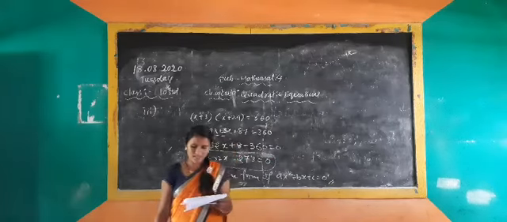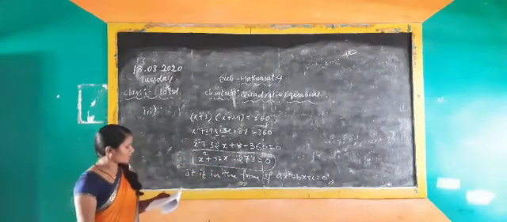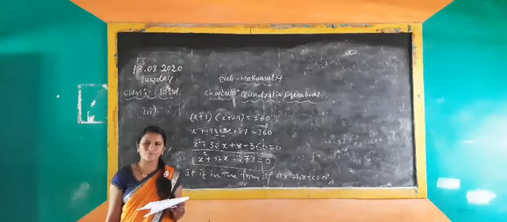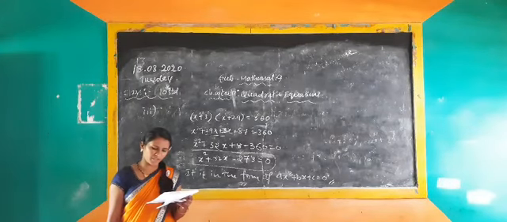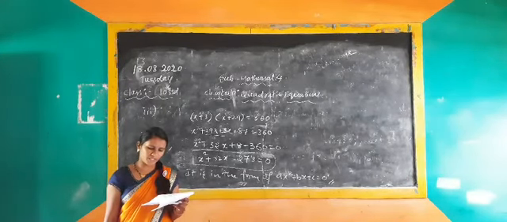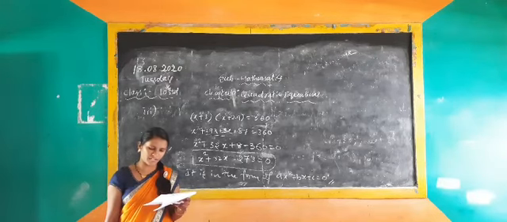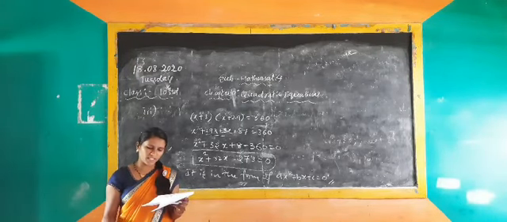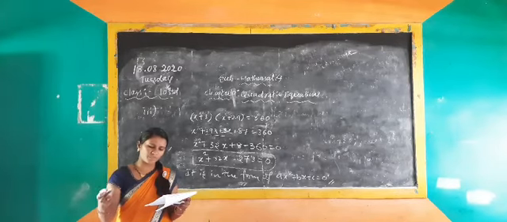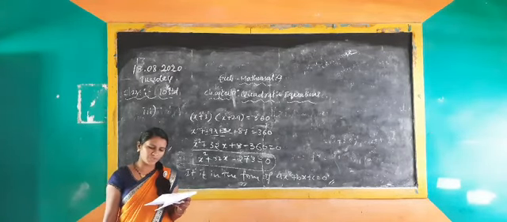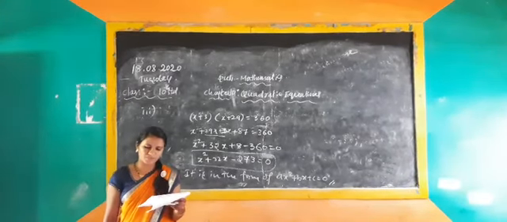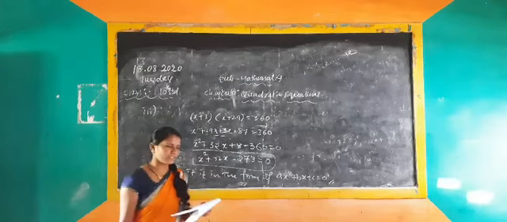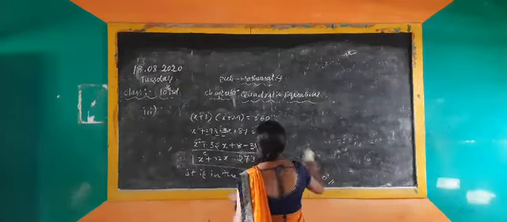A train travels a distance of 480 kilometers. Here they have given how much distance the train travels. You know already the speed formula, distance by time. If the speed had been 8 kilometers per hour less, here less means you have to consider minus, more means you have to consider plus, then it would have taken 3 hours more to cover the same distance. We need to find the speed of the train. Here you have to find the speed calculation.